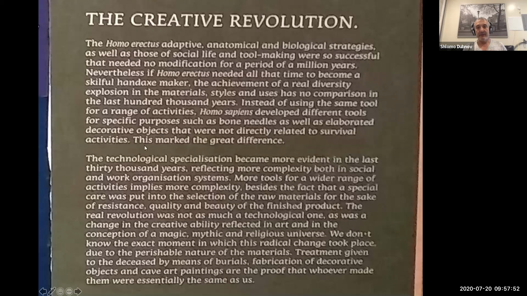This marked the great difference. So something happened that suddenly the early humans not only could make tools, not only that, because a lot of the intelligence is attributed to the idea that we as humans can make tools, but also many animals use objects as tools.